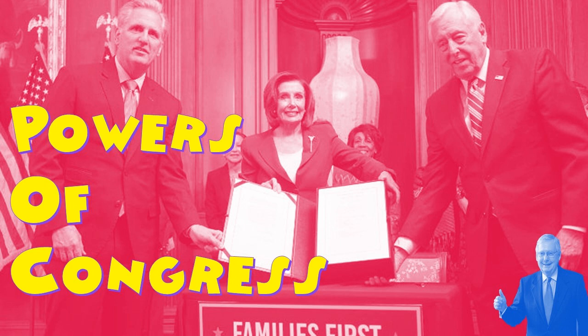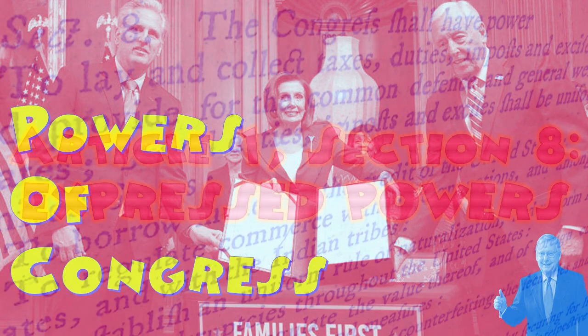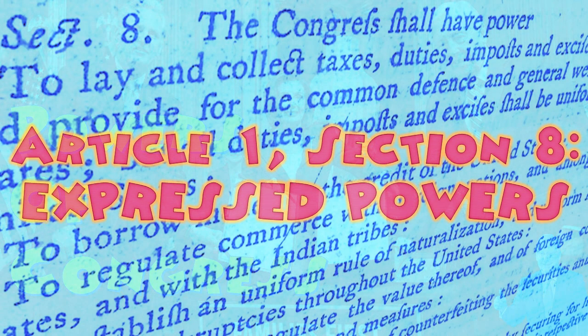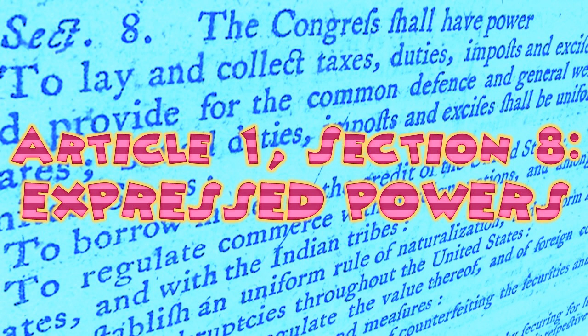All right, this will be the big chunk of what we do today, and this will be a big thing that we're talking about all the time for the rest of the year. I've told you guys I'm only ever going to ask you one section of the Constitution in your whole life, and this is it. Article 1, Section 8, which sets up our expressed powers of Congress.